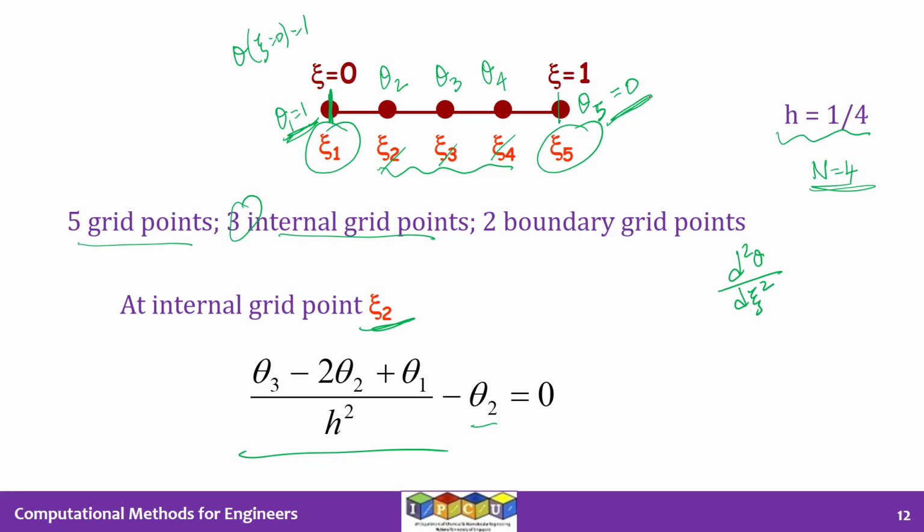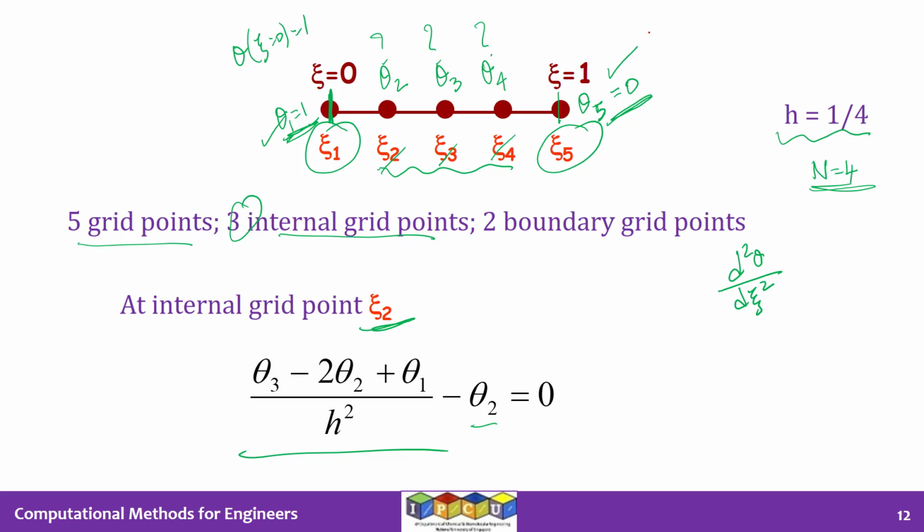Now, if you choose h equal to 1 by 40, that means you're using n equal to 40, then you will have 39 unknowns. Theta 2, theta 3, theta 4, theta 5, all the way till theta 40. That would be the situation if we had used h equal to 1 by 40, or equivalently n equal to 40. But for this illustration purpose, we do not know theta 2, theta 3, and theta 4. We know theta 1 and theta 5 because the boundary conditions are explicitly given to us in terms of theta.